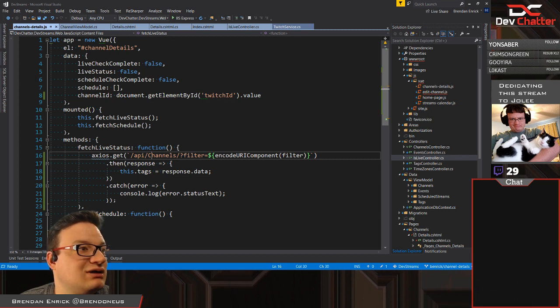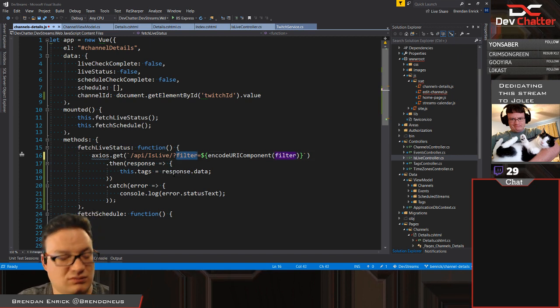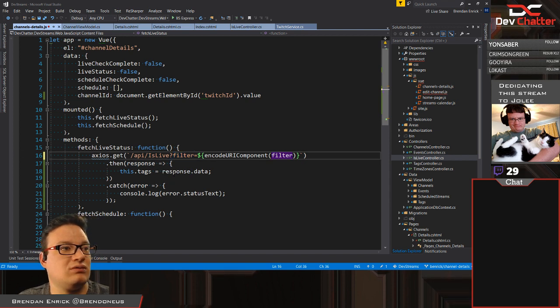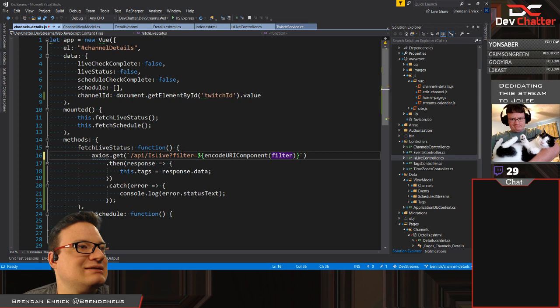Derp. API is live, and actually, how did I reference that? Controller, how do you route next values the Twitch ID?